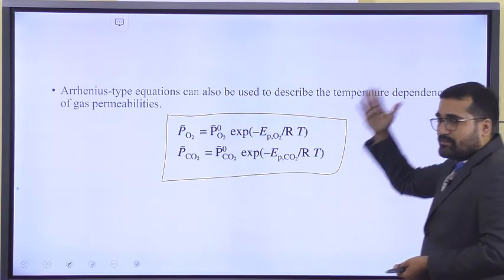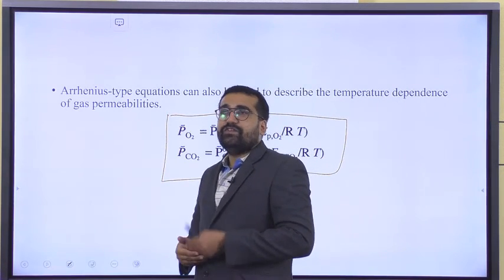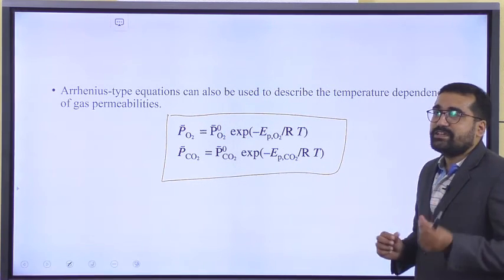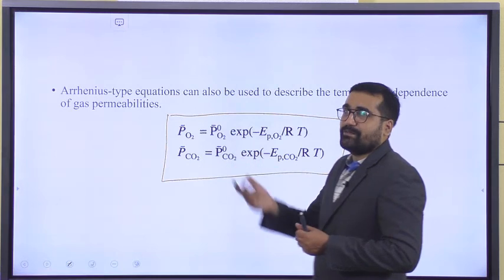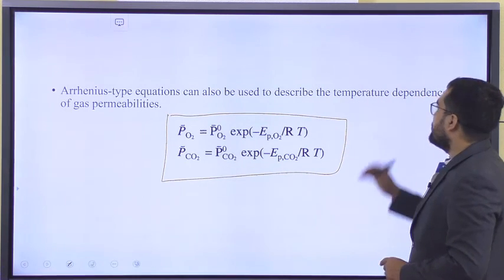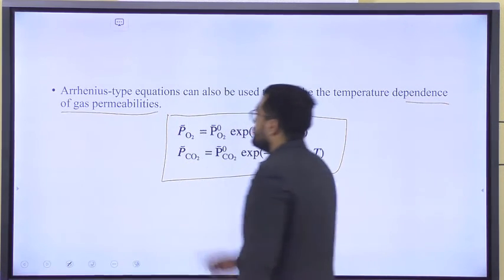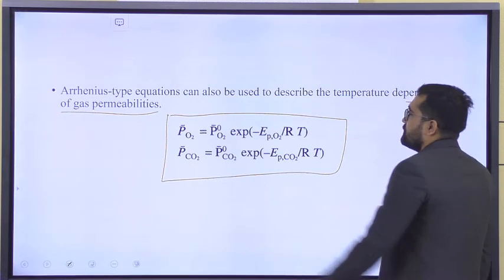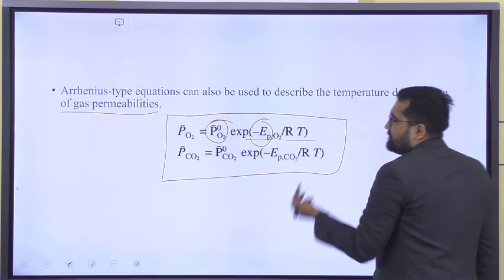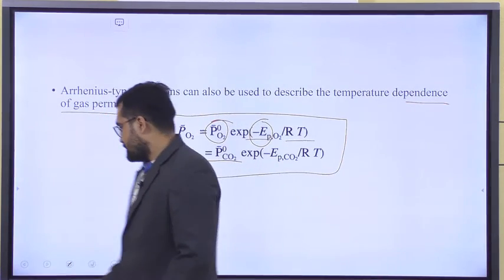Generally, when we increase the temperature, the respiration rate will also increase. Then we will find out the Q10 value also. Then we will find out the permeability, because we are thinning the gas and it can escape faster from the system. So we find out gas permeability, because gas permeability also depends on this. So what is the gas permeability of oxygen? What was the initial gas permeability? E is the activation energy again, RT we know. Similarly, the same equation for carbon dioxide.